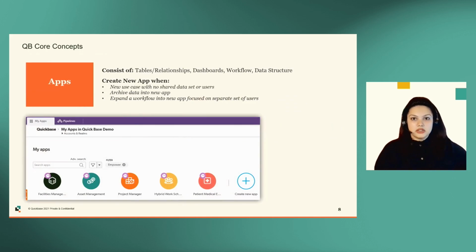Great. So let's talk about applications. Your apps consist of tables, relationships between those tables, dashboards, your workflow. Your entire data structure lives within your application. So where would you want to create a new app? There's a couple of scenarios. First, you might want to create a new app when there's a completely new use case with no shared set